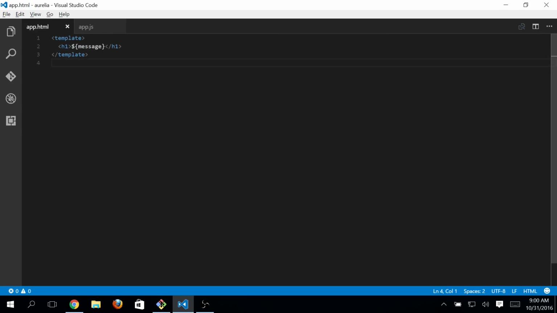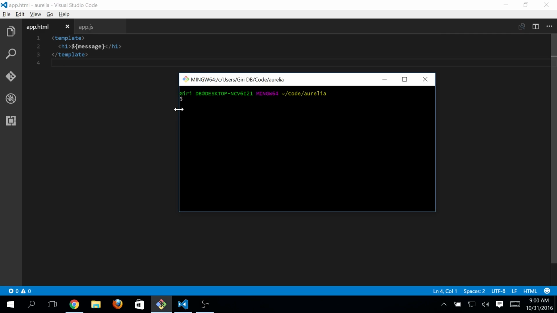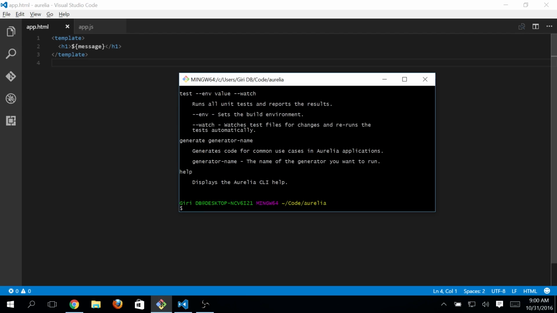Now, first of all, before creating a value converter, we need to go ahead and generate one. So I guess here it is. What I want to do in here is simply say au. Let's just check if Aurelia is present over here. I guess it is gonna take a little bit of time. My laptop is actually super freaky. Yep, there we go. So au generate,